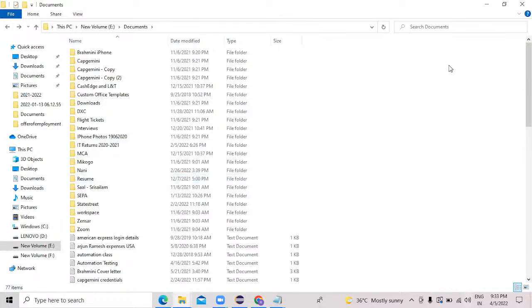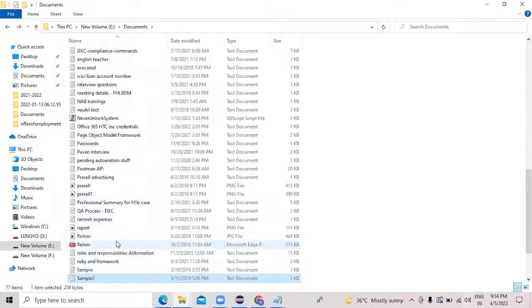Why do we need to create the folders? It is easy to maintain, easy to understand, right? Just stop me if you have any doubts. Okay, in the same way, why do we create all these folders and maintain? Easy to maintain, easy to understand. Because if I create everything in one folder without folders, it's very